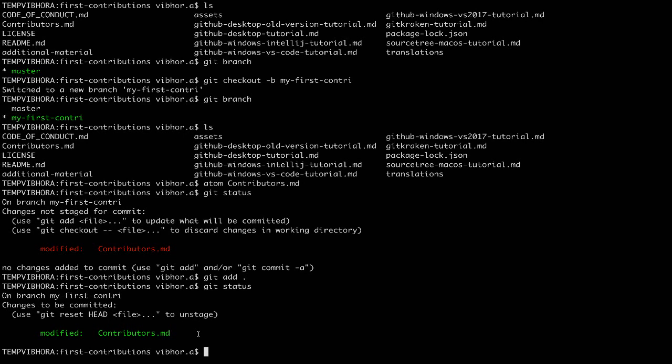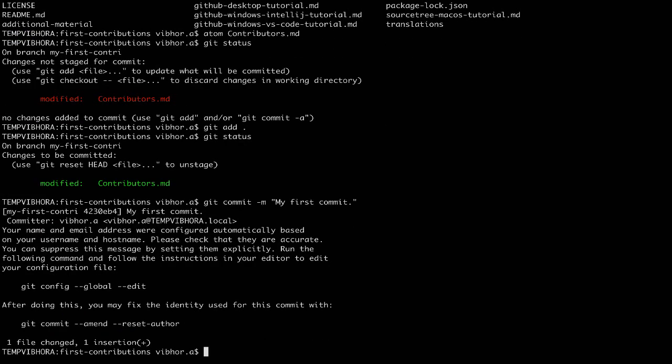So now I'll commit. git commit -m, and the -m is the flag for adding a message. So git commit -m my first commit, let's say, and then I commit it.